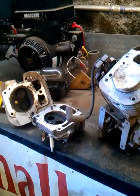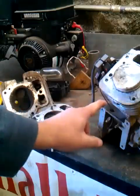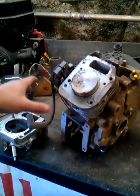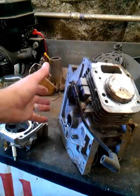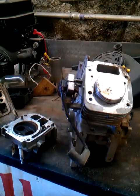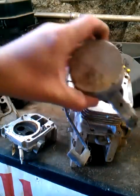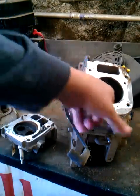On a small engine you have a lot of different components that make up the engine. What I have right here is a short block from an engine. Basically almost all the parts have been removed. This is the coil. The head has been removed, and the piston is removed as well. But basically what happens is, in this area here,